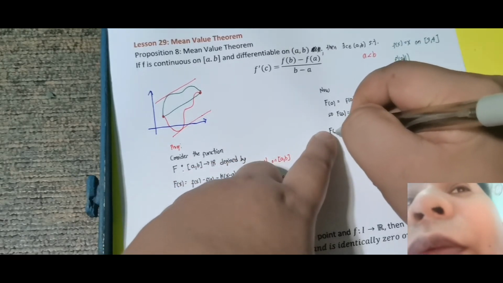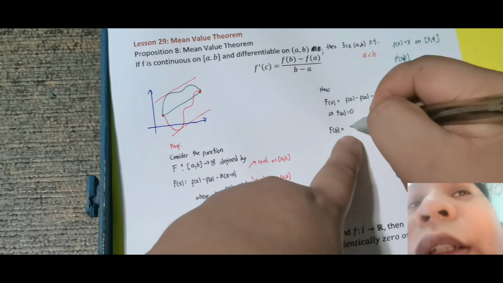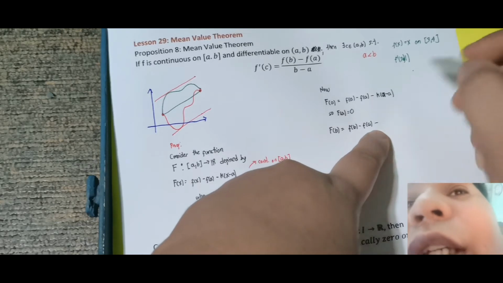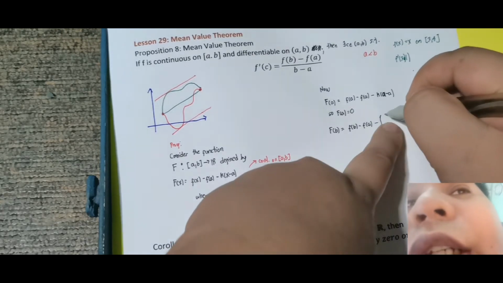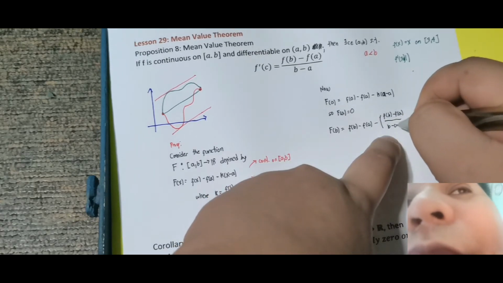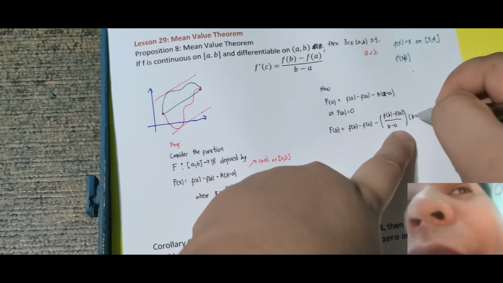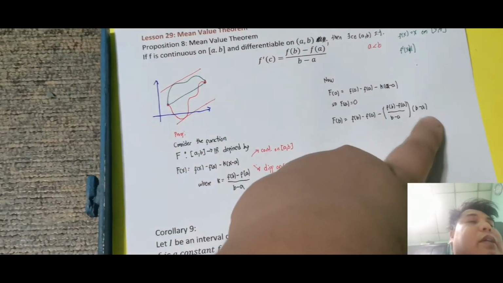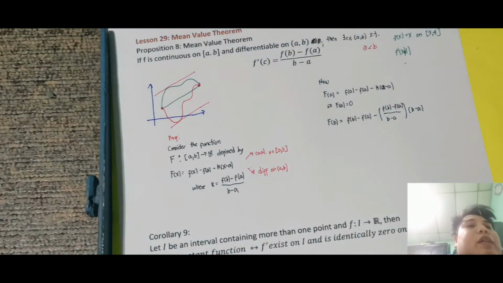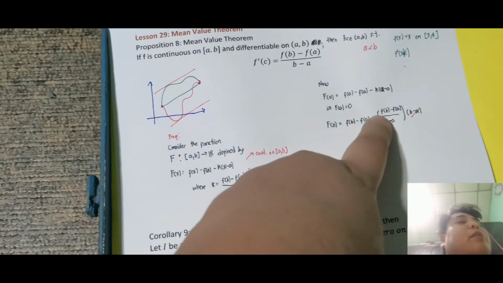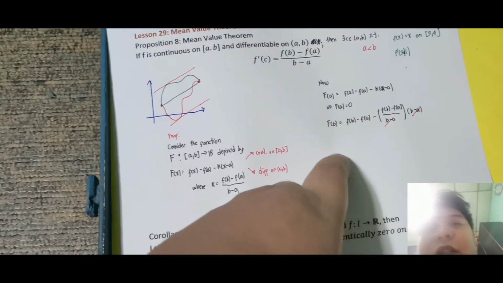Now let's get F of b. Here it's small f of b minus f of a, minus k. I'll substitute k as f of b minus f of a all over b minus a, multiplied by b minus a, because our x minus a is b minus a. So obviously what happens? This is also 0. Why? Because this cancels, and then it's f of b minus f of a minus f of b minus f of a, that is also 0. So meaning F of b